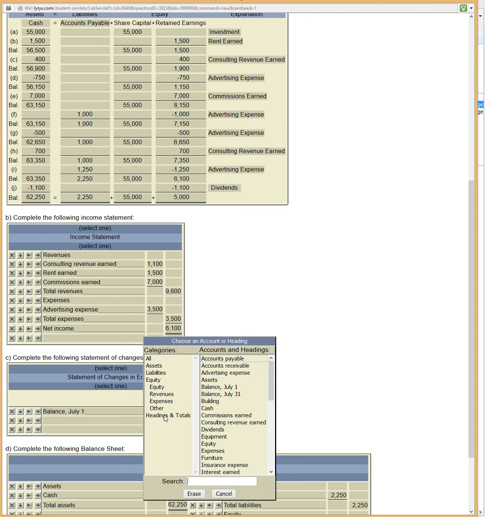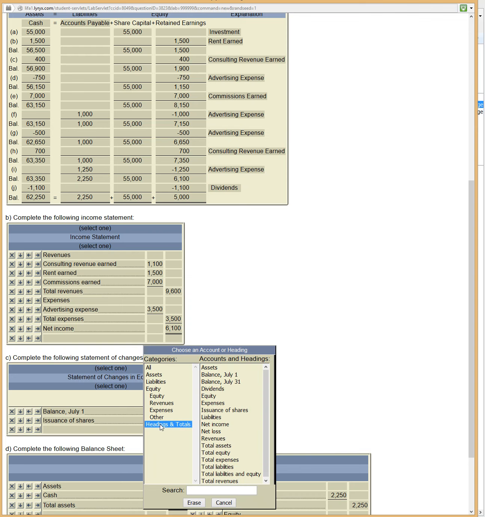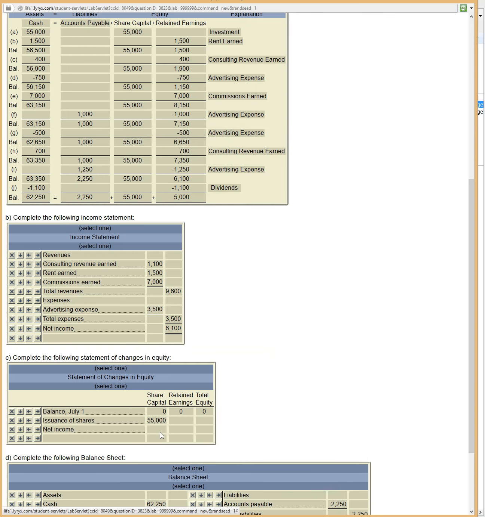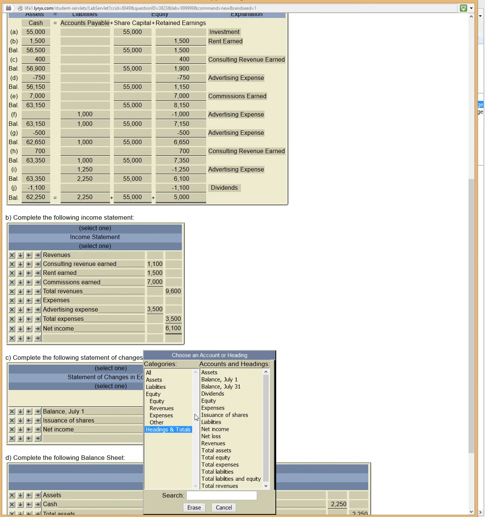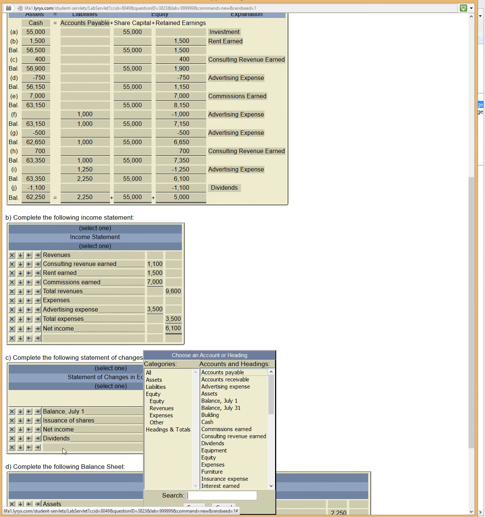So headings and totals, we have the issuance of shares, which was 55,000. And under retained earnings, we're going to have net income. So we have net income, and it was 6,100. And we also have dividends. So we have the dividends here. The dividends were minus 1,100. And then that gives us the balance at the end, which is balance